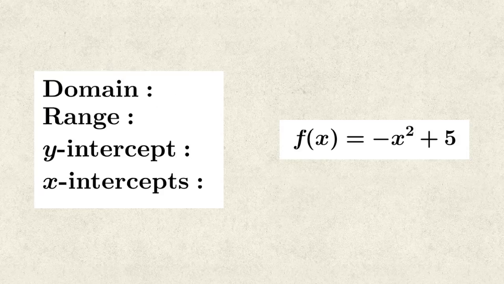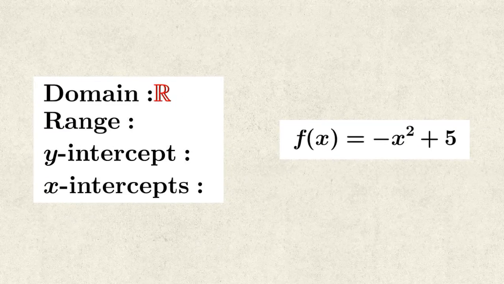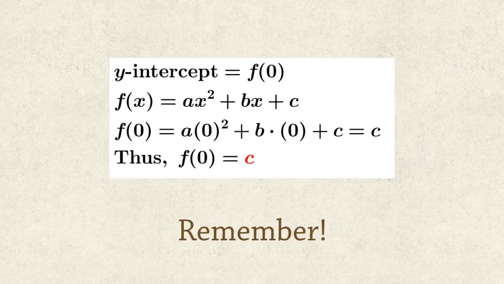When graphing any function, we should always consider what is the domain, range, the y-intercept, and the x-intercepts. The domain of any quadratic equation will always be all real numbers. Take a note of this slide and remember that to calculate the y-intercept of any function, you plug 0 for